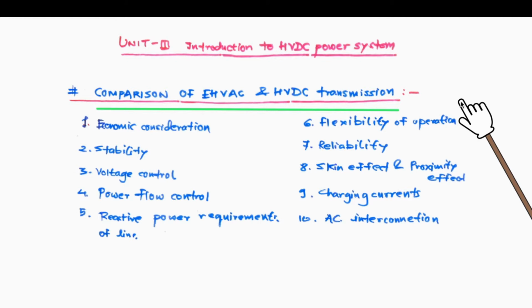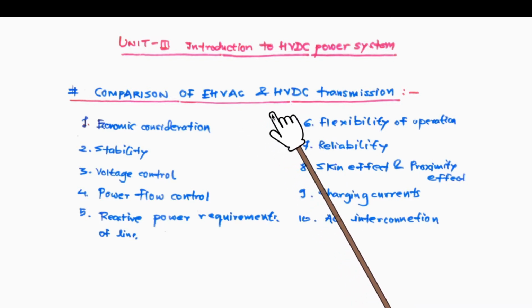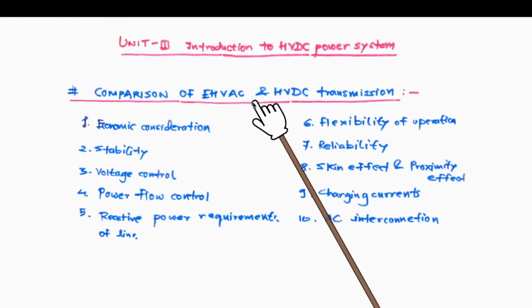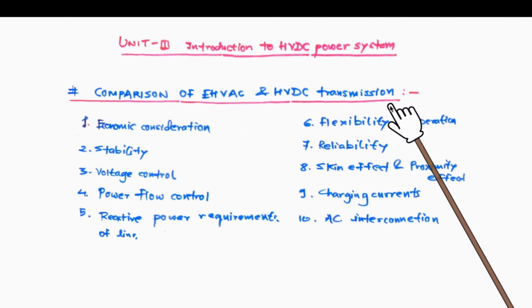Then later on in the second chapter, we have studied mainly the effects of high electrostatic field in the form of corona phenomena, different types of corona mechanisms and all. Okay, and so also corona power loss, energy loss associated with EHVAC transmission lines. Now we are going to get introduced to the HVDC transmission. Okay, so first major section is very commonly associated with the university examinations, is based on the comparison of EHVAC, that is extra high voltage AC, and high voltage DC transmission options.